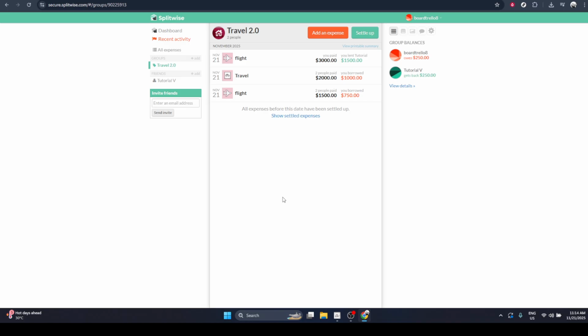That's all there is to it. You've successfully added an expense in Splitwise, and your group's shared costs are now